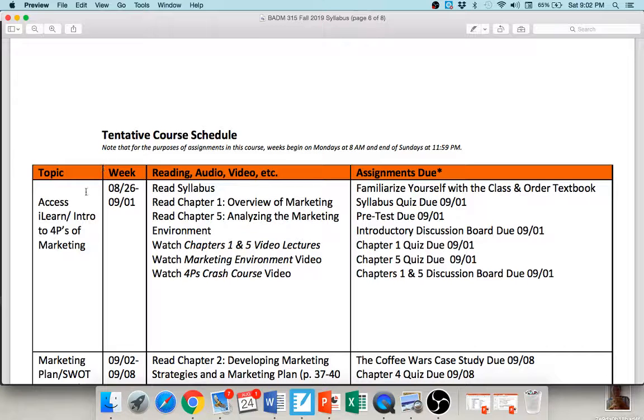So for example, for this first week, you always look here first to see what you should do to prepare, this third column over, and then you can see what's due in the right-hand column. So for example, this week you need to read the syllabus. Luckily for you, if you've watched this video, we've already gone through it, so you can check that off your to-do list. You also need to read chapters 1 and 5 and watch the chapters 1 and 5 YouTube video